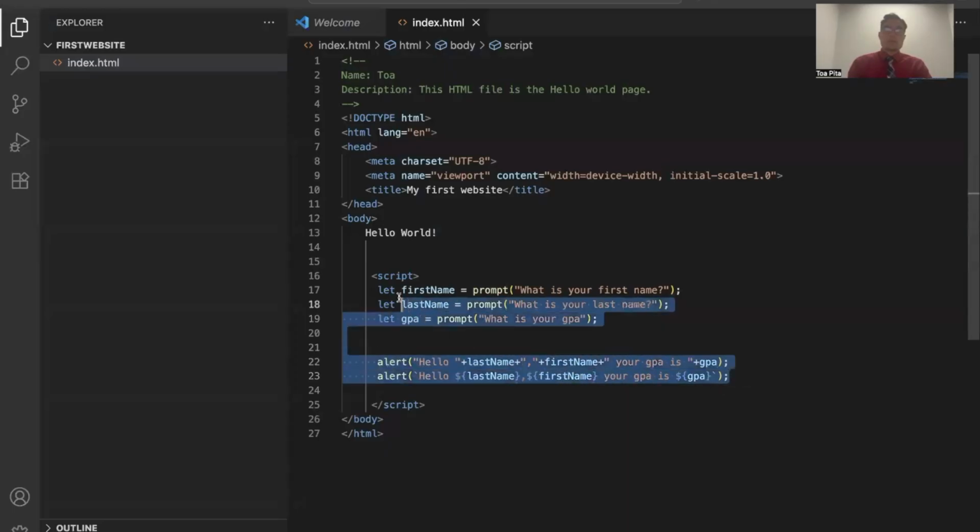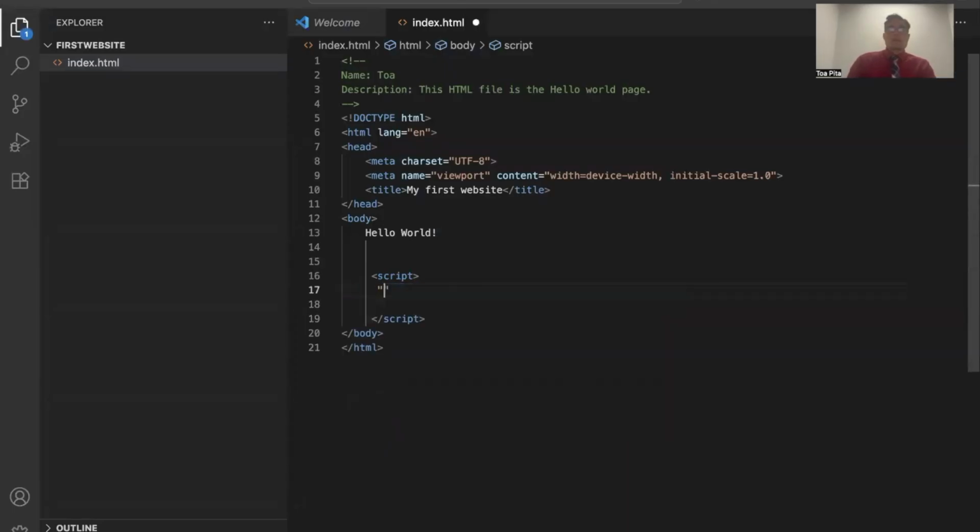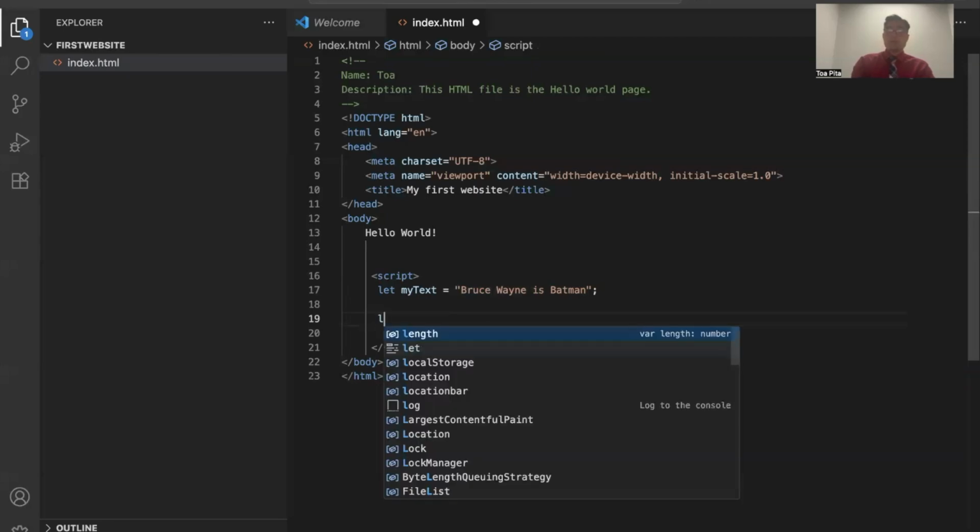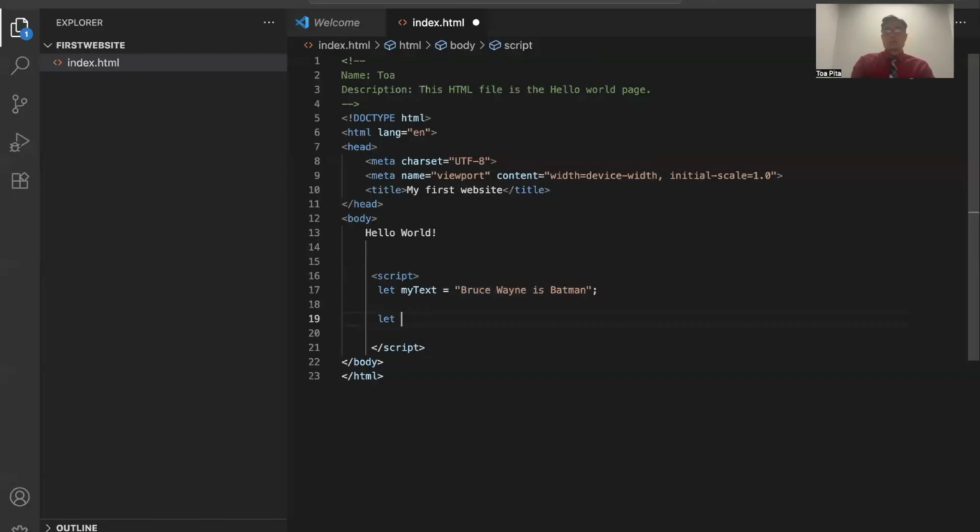We're going to get rid of everything we had last time. And we're going to type the text, Bruce Wayne is Batman. And we're going to put that into a variable. So let's create a variable. We'll say let myText equal, and then the text Bruce Wayne is Batman. Okay, let's say I just want to pull out the word Bruce. I'm going to create another variable, and I'm going to say let shortText